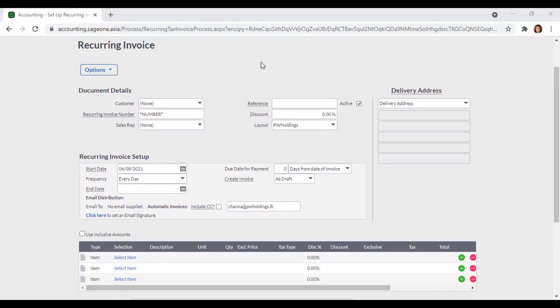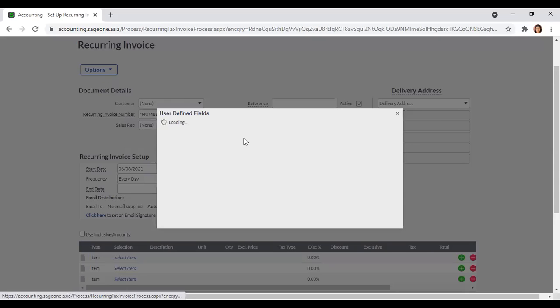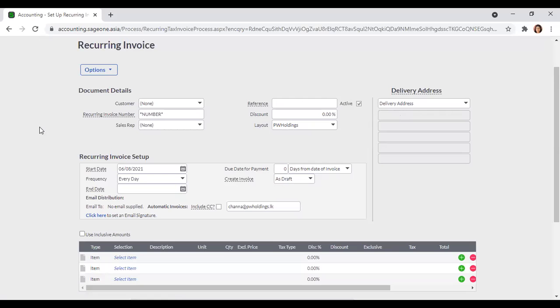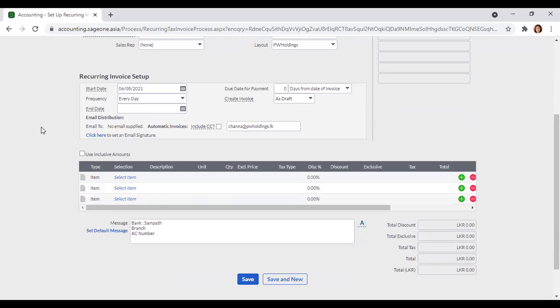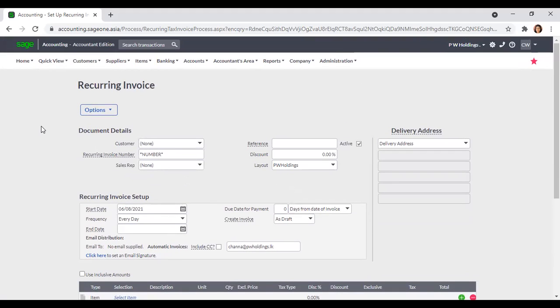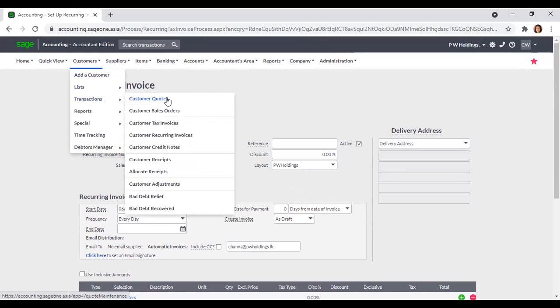Okay. In addition to that, if you want, enter user-defined fields from here by clicking these options. Okay, like that, you can enter these recurring invoices. And when you are entering customer quotations, customer sales orders, customer tax invoices, and customer recurring invoices, you can select